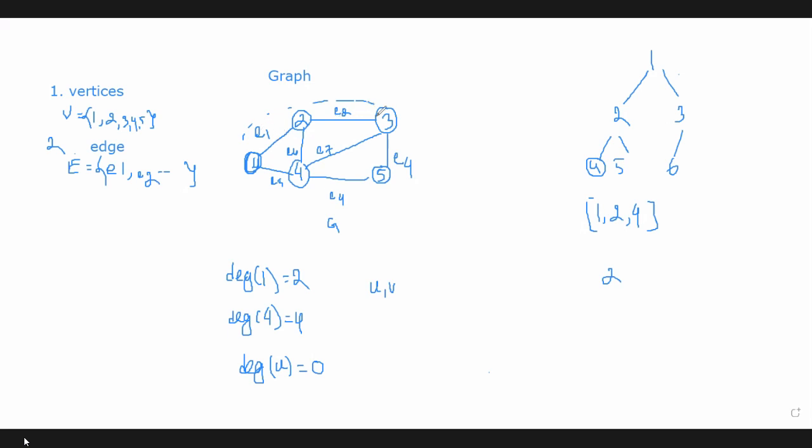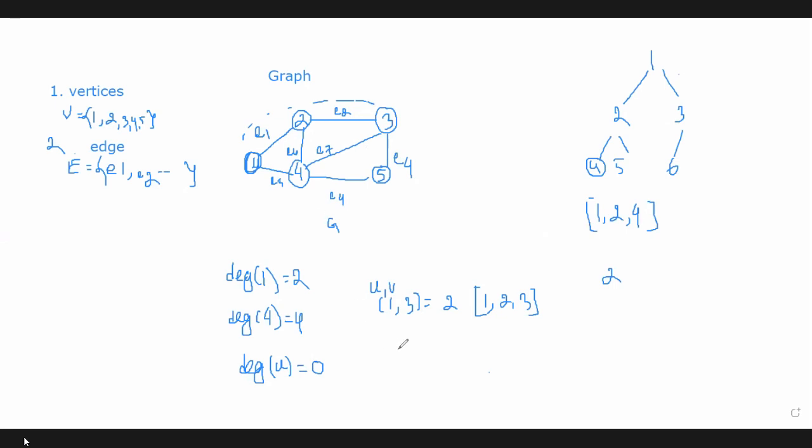If we calculate 1, 4, 3, then... let me explain it. Okay, I'll come to that later. So at first, if we take this path, then between 1 and 3, the path length will be 2. But what is the path sequence? The path sequence is 1, 2, and 3. But we can see that there is another path between node 1 and 3, that is 1, 4, 3. If we want, we can take this path also.